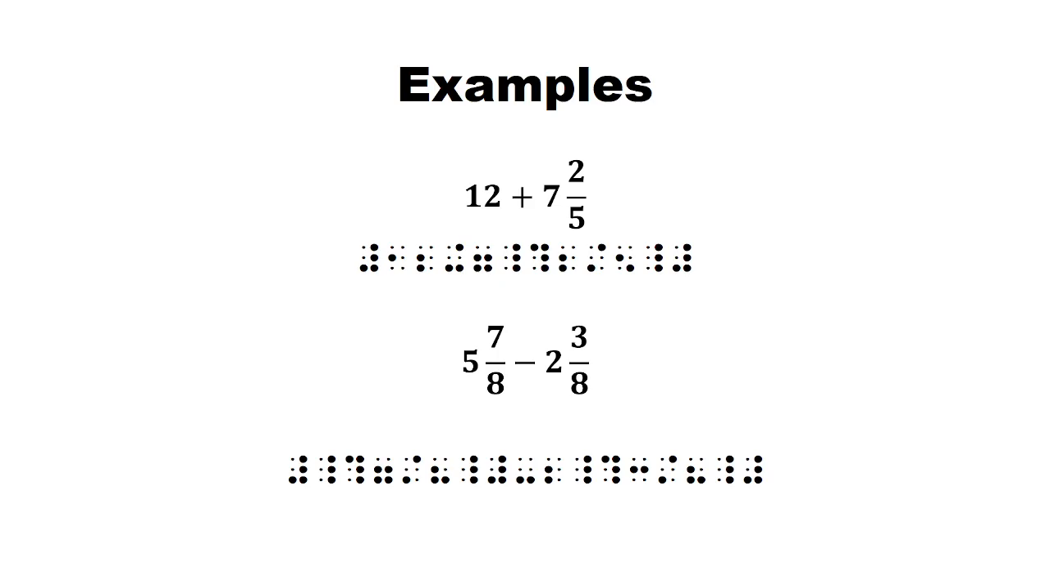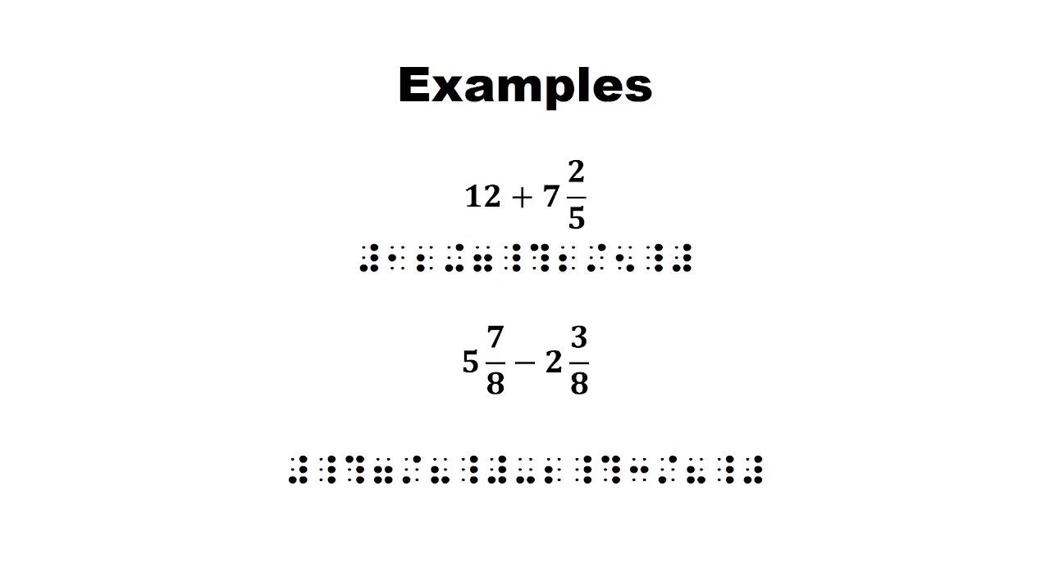Again, that's 5 and 7 over 8 minus 2 and 3 over 8. So how do we write this? We have two mixed fractions separated by the minus sign. So we have numeric indicator, and then 5, and the opening mixed fraction. That's 4, 5, 6. That's 1, 4, 5, 6, followed by the numerator of the simple fraction, which is 7, and then the slash or over, which is 3 and 4, and then we have 8, and followed by